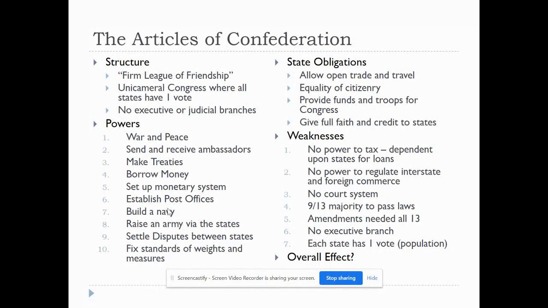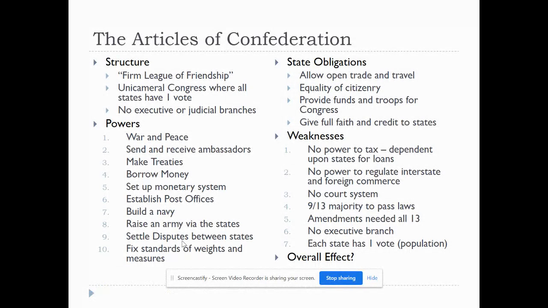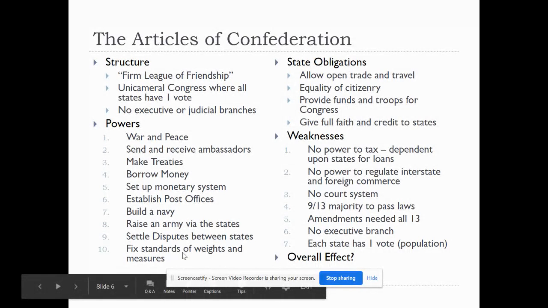They established post offices. They built a navy, not a very good one, but they built it. They can raise an army via the states, which is a key wording there, that the states are still responsible for supplying the troops. This is going to become very controversial later on. We'll get to that here in a bit. They can settle disputes between the states, but there's some limitations about that, and they fix standards of weights and